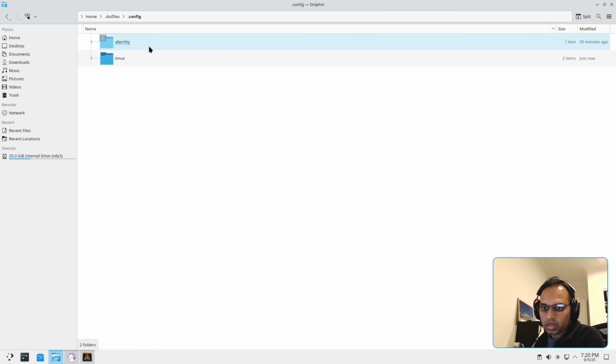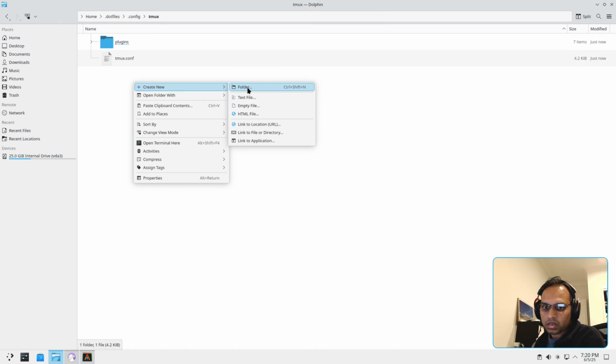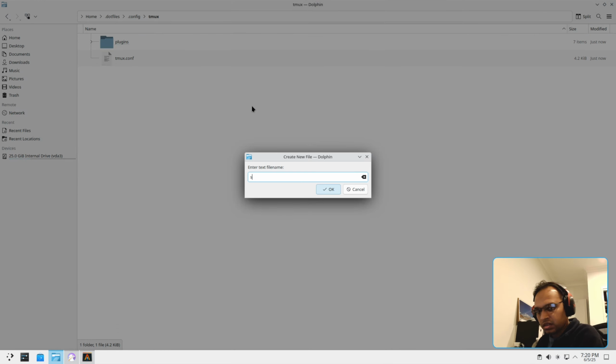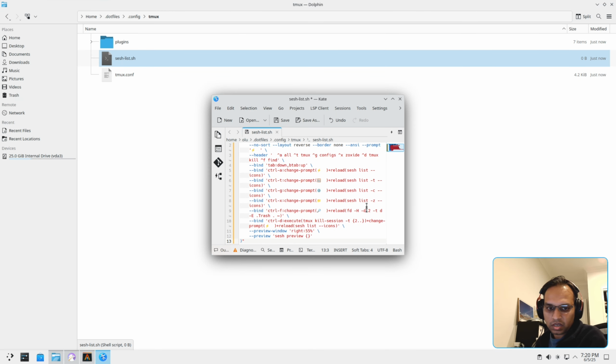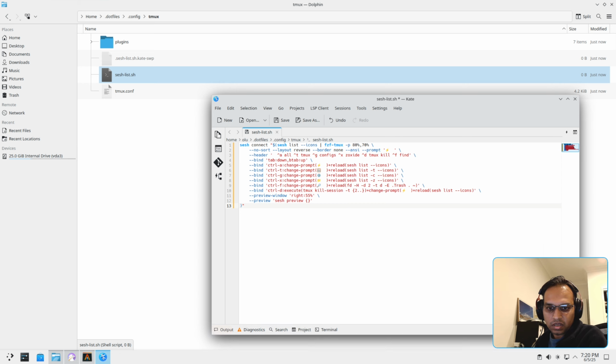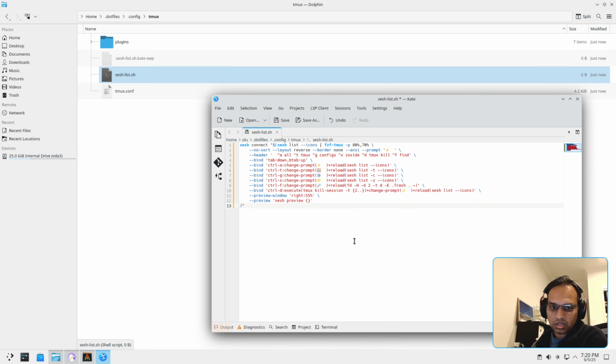Let me quickly create a new empty file, session paste.sh. Just paste it here. And this is just like listing the sessions essentially. To save,